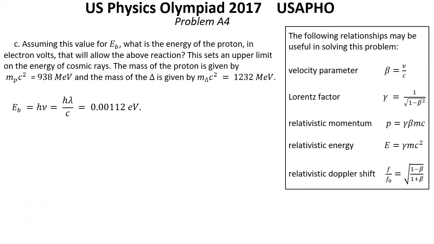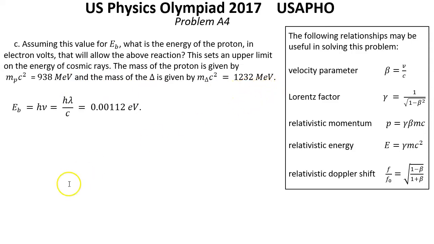Solution for question C. Assuming this value for E_b, which is this one, what is the energy of the proton in electron volts that will allow the above reaction? This sets an upper limit on the energy of cosmic rays. The mass of the proton is given by 938 megaelectron volts, and the mass of the delta is given by